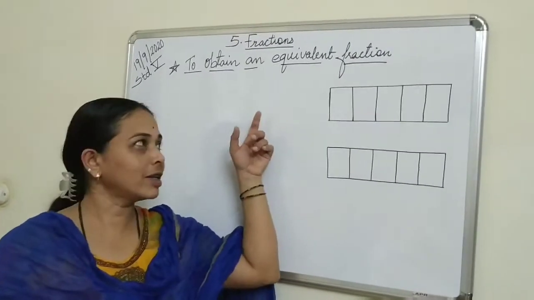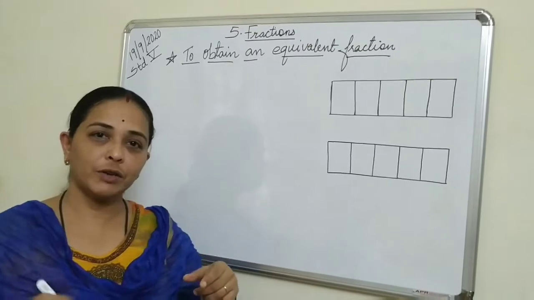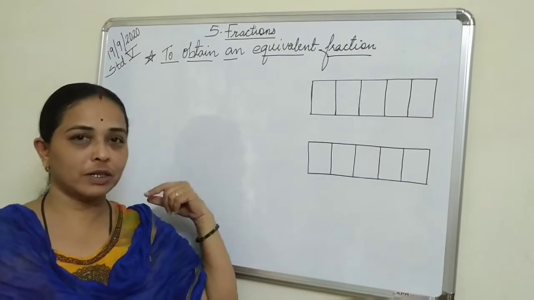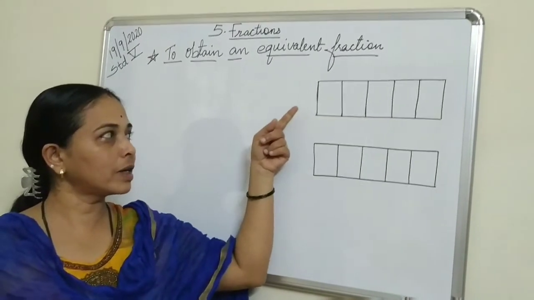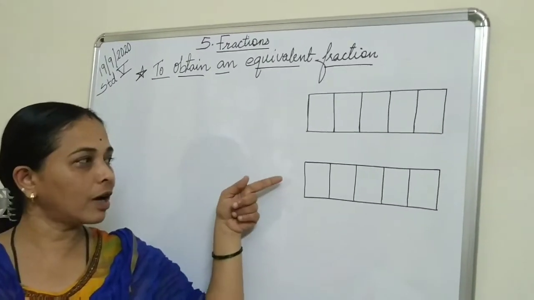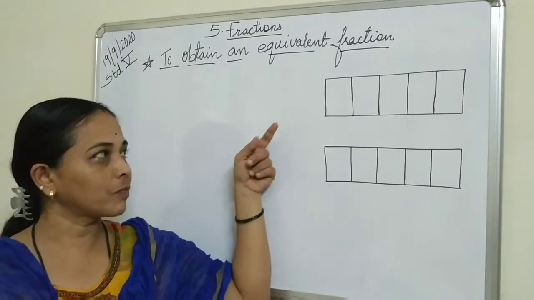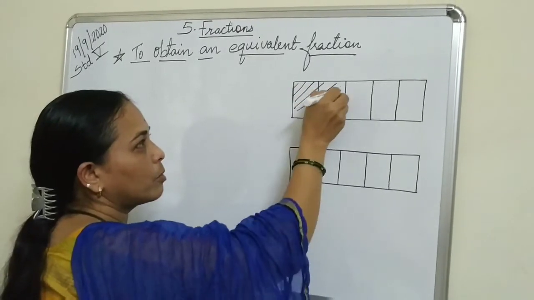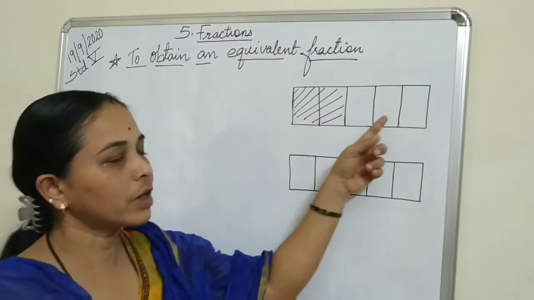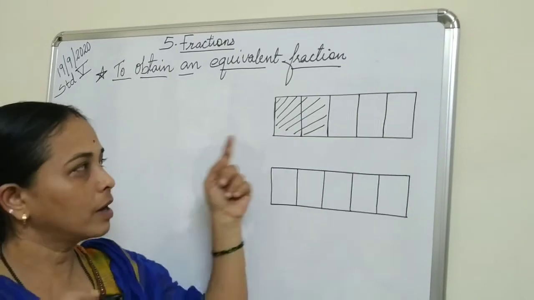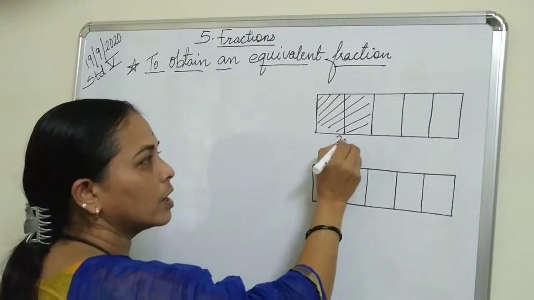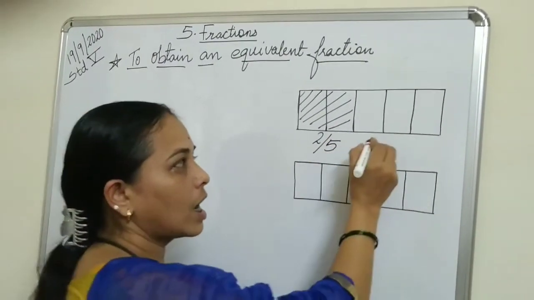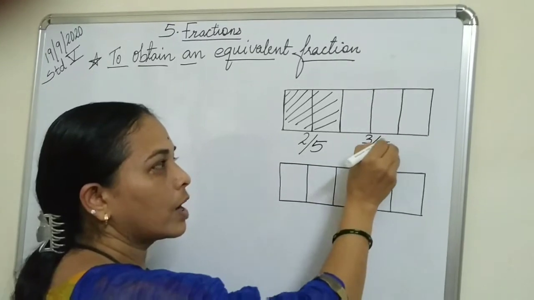Yes, welcome back again. We'll study now how to obtain equivalent fractions. Again, I'll give one example. See, there are two Cadbury bars here. One Cadbury bar is for you and the other for your sibling, your sister. You had two pieces of this bar. How many were there before? It was 5. You had two pieces, so you will say you had 2 upon 5, and the leftover pieces are 3 out of 5.